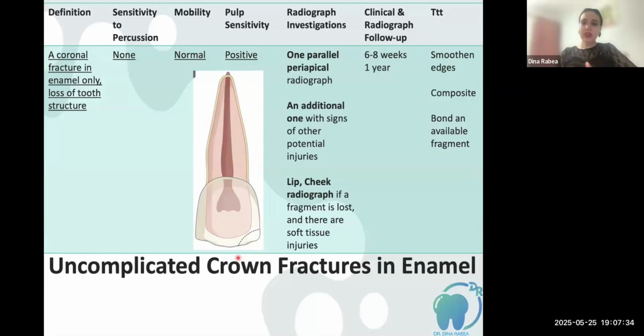For the treatment, usually it's a very mild fracture, so we might need only to smoothen the edges of the enamel. If it's a bigger lost part of the tooth, we might need to do some composite restoration and bond it using universal bond or any kind of